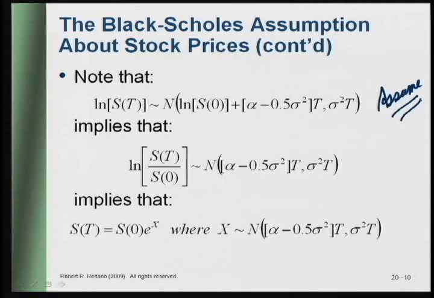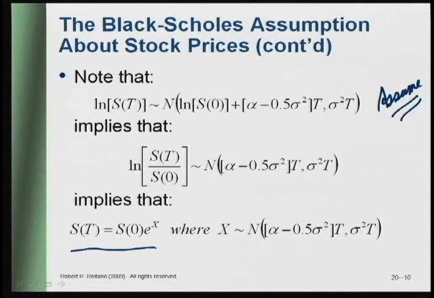All I have to do is just noting that the log of St divided by S0 is equal to the log of St minus the log of S0. You can see what I've done to shift the mean to the left-hand side. And then I can exponentiate both sides of this equation, and I get this final equation, which is a nice way of thinking about the probability distribution of stock prices at time t, and that is stock prices at time t are equal to the initial price, S0, times an exponentiated normal.